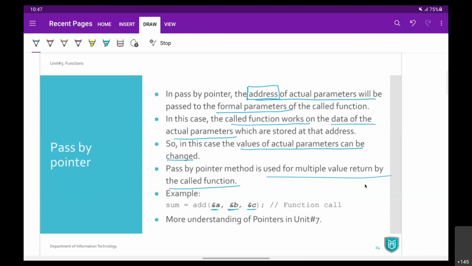Ampersand A लिखोगे तो वेरिएबल ए का एड्रेस आपको मिलेगा आपकी मेमोरी में। वेरिएबल ए कहाँ पे स्टोर हुआ है? It is going to return the address of that variable inside the memory. So ampersand A, ampersand B, ampersand C, it is going to give you the address of A, address of B and address of C. अब यहाँ पे हमने ए बी सी की वैल्यू पास नहीं की, हमने यहाँ पे ए बी सी के एड्रेस पास किए.